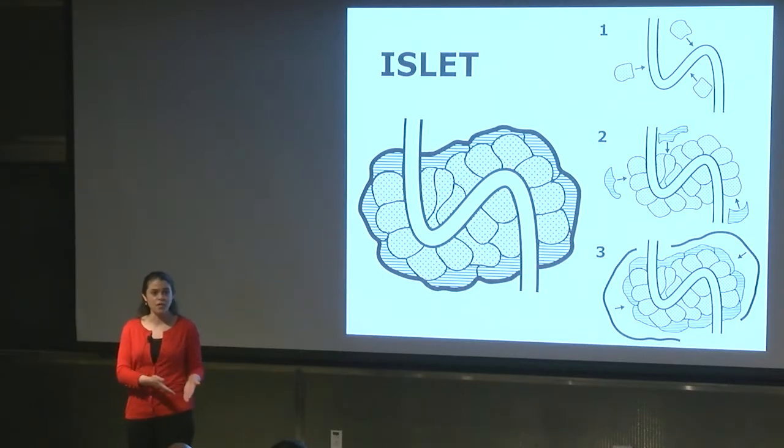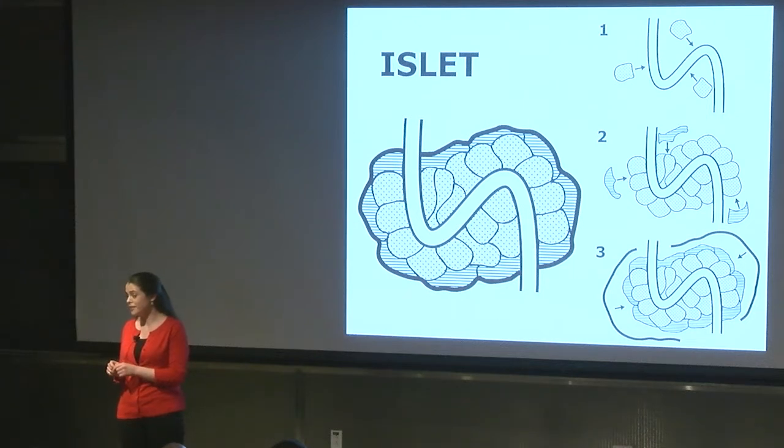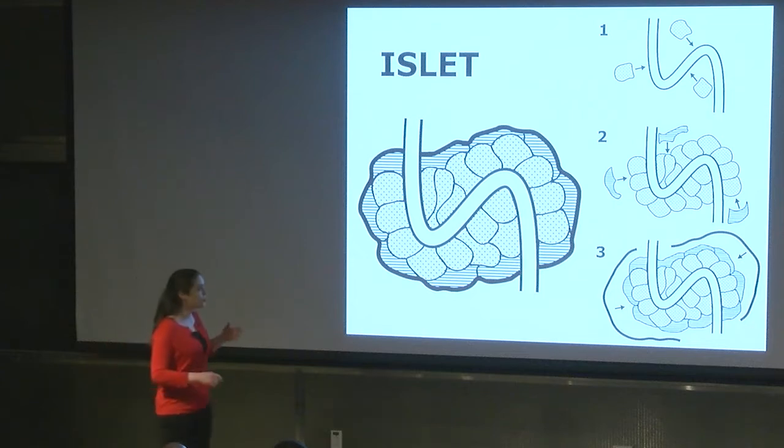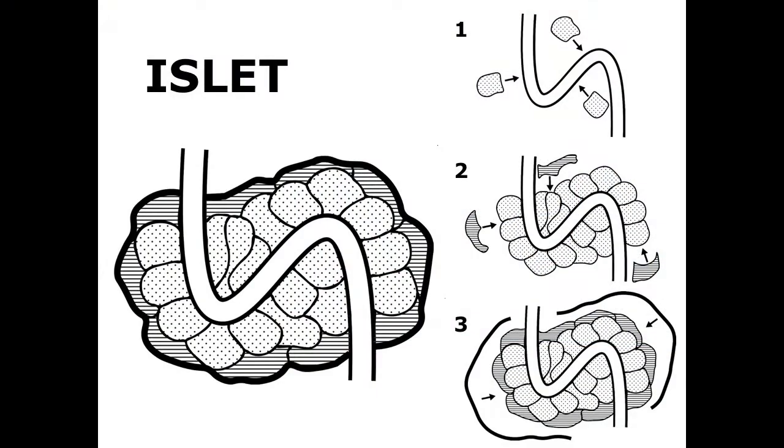So researchers all over the world are developing methods to build islets in the lab. And while they've had a lot of success with sourcing the appropriate cell types, turning those cells into functional tissue has been challenging. Well, if you're trying to build a chair that you can safely sit in, not only do you need to have the right parts, but you must also assemble them properly. Similarly, if you're trying to build a functional tissue, not only do you have to have the right cells, blood vessels, and extracellular proteins, but you must also assemble them properly. In short, if you want proper tissue function, you must also have proper tissue structure.